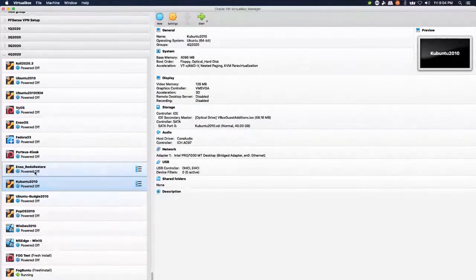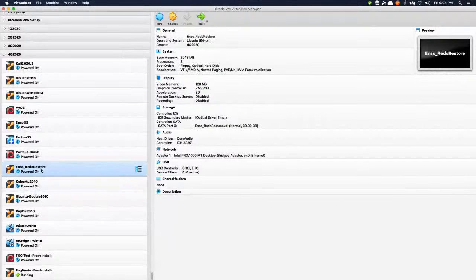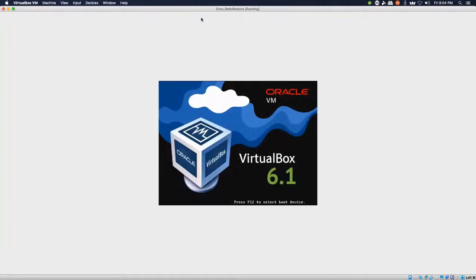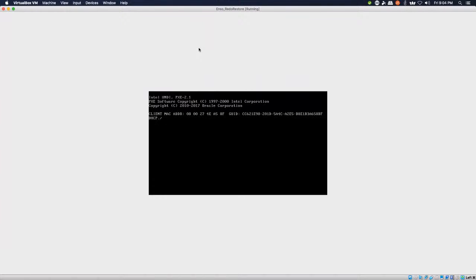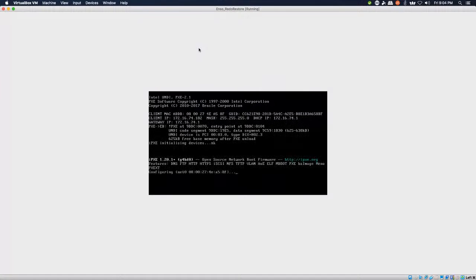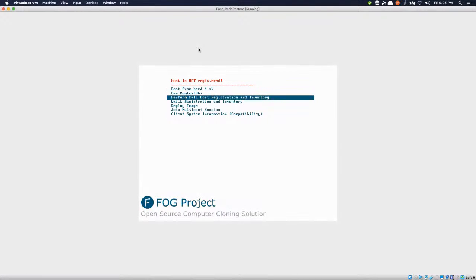Oh, let's jump over here. That's a smaller one. That's only 30 gigs. Let's give this one a try just for the sake of argument. Make sure it wasn't something weird with the Windows machine. Everything's always weird with a Windows machine. So we'll start this up and we'll try to boot that one over the network. And it was a Windows thing, or at least it was something to do with the settings on that particular